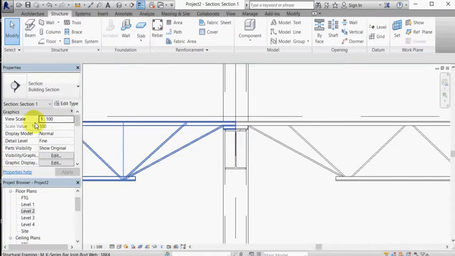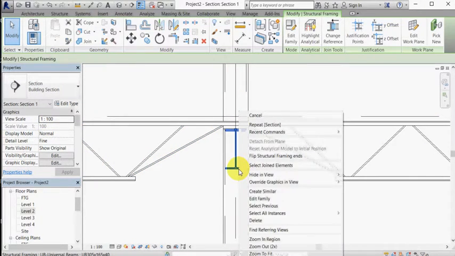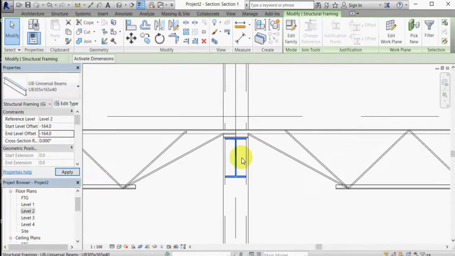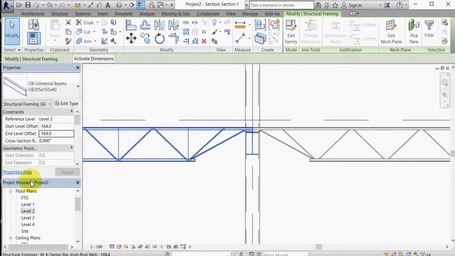If I also subtract, so one more time, select all instances in the entire project and update this to minus 164 front and back, I'm getting space for my concrete slab. So if I go to level 2,